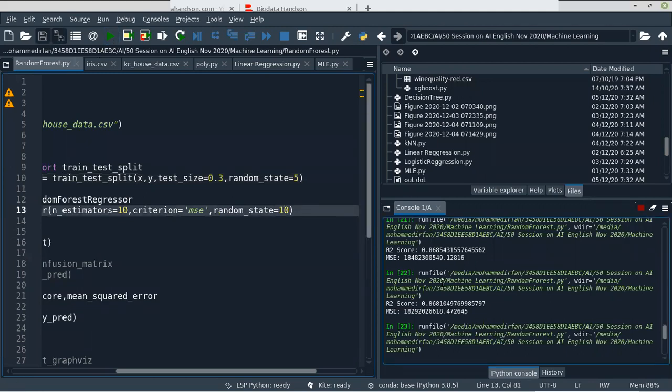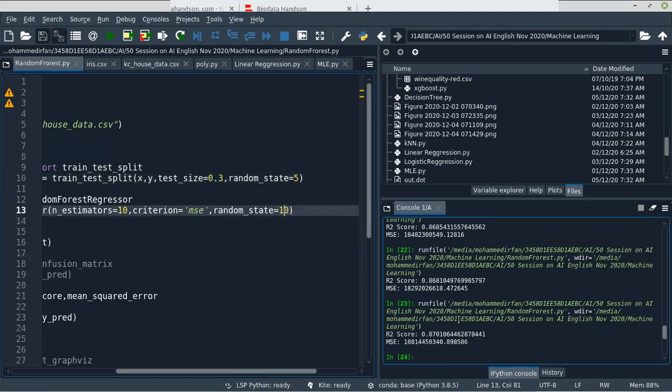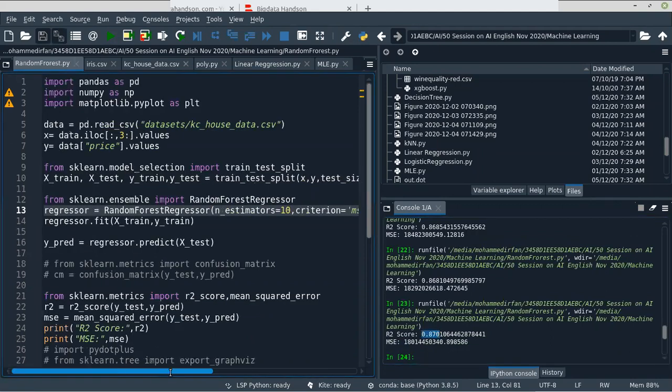You can see the execution time is longer than other algorithms, right? Now we got 87. Keep it 87.